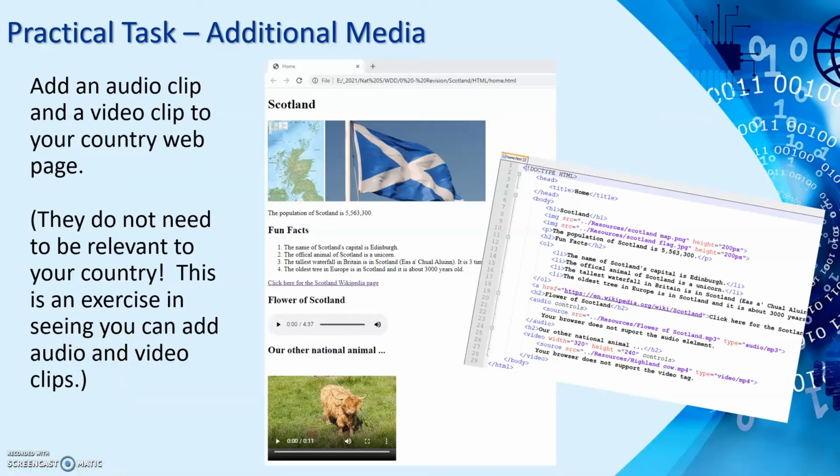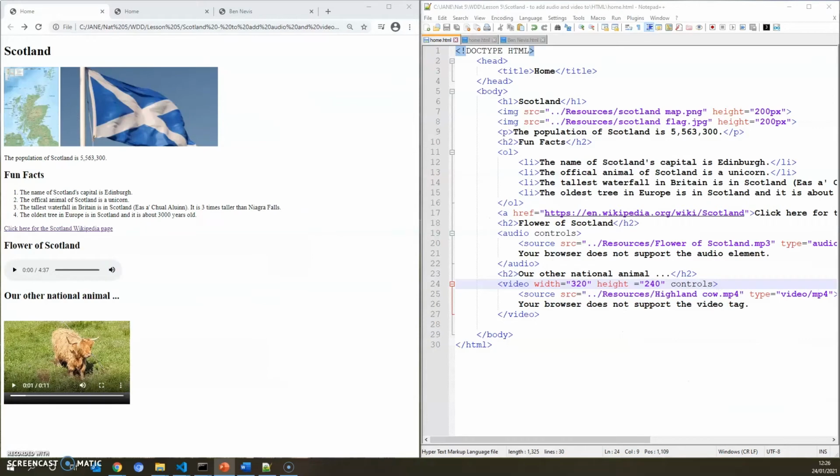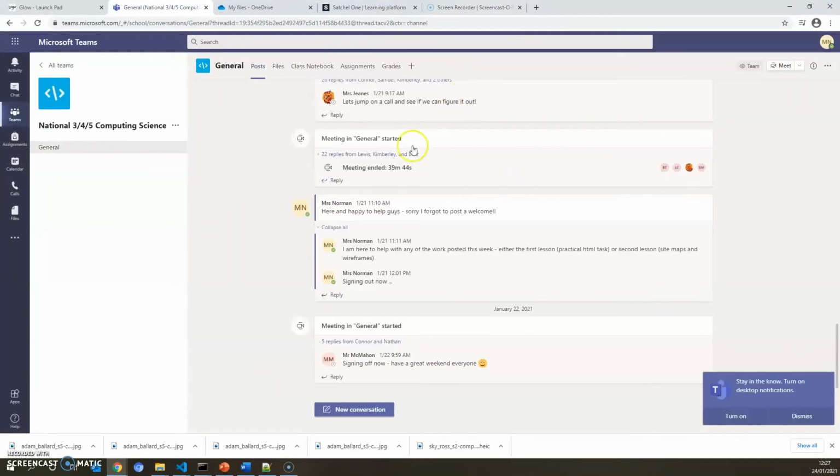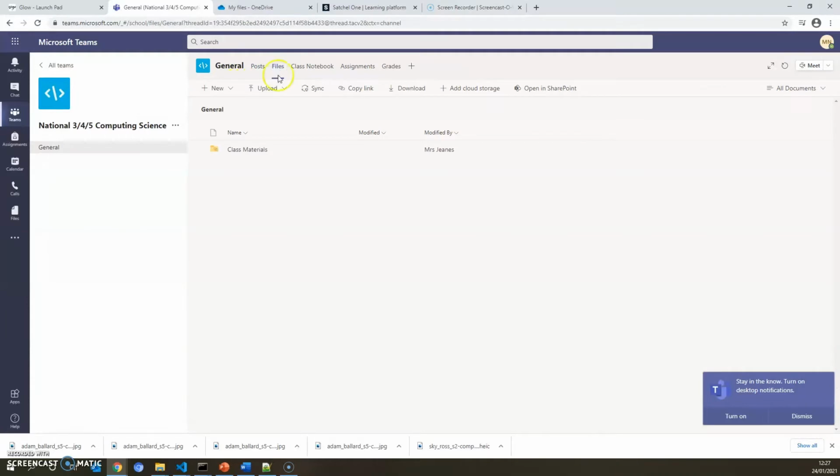Now, one of the issues you might have is if you're going away and trying to download some audio and video clips from the internet, you might struggle in finding some valid files that work. So in the Teams and Files, in Class Materials, in Website Practical, I've added another folder here